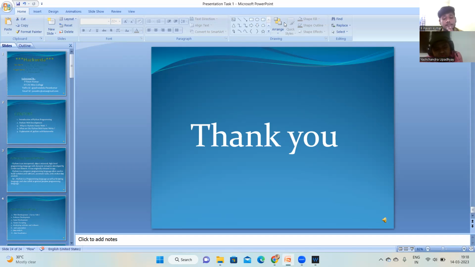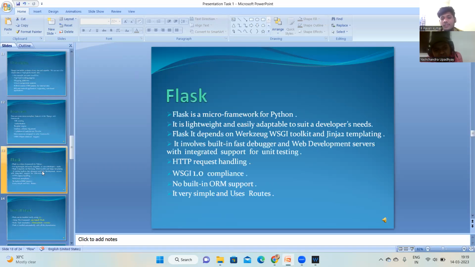Okay, then tell me one thing. Out of the three frameworks, which one is the minimalistic? Sir, could you please explain, sir? Which one of the frameworks is a minimalistic framework out of three? FastAPI, sir. And what about Flask? Can you go on Google and check real quick? Is Flask a minimalistic framework? Sir, Flask is a micro framework, sir. Okay. So can you give a clear distinction between what is a micro and a minimalistic framework?